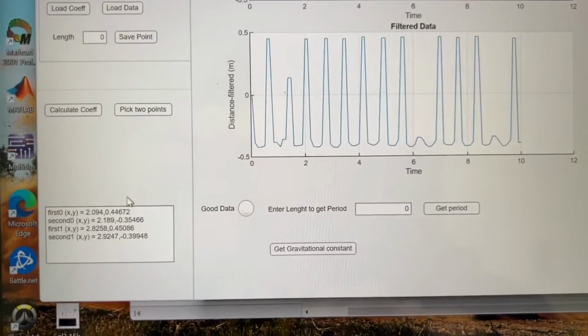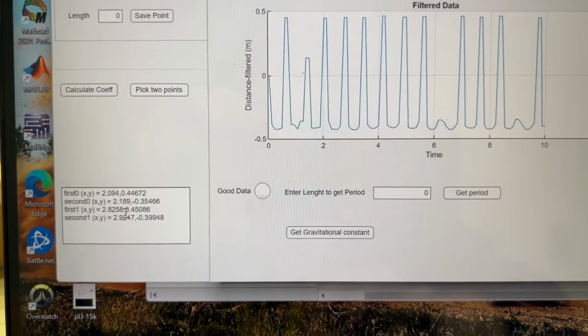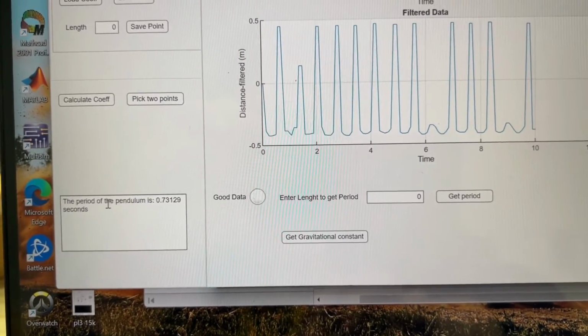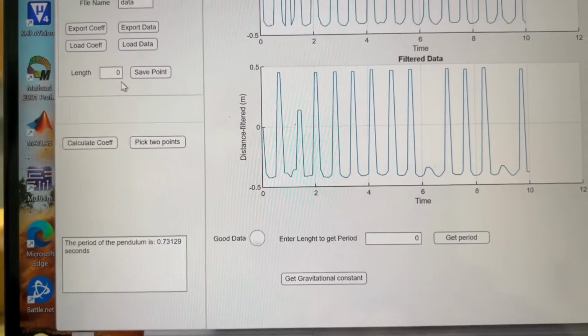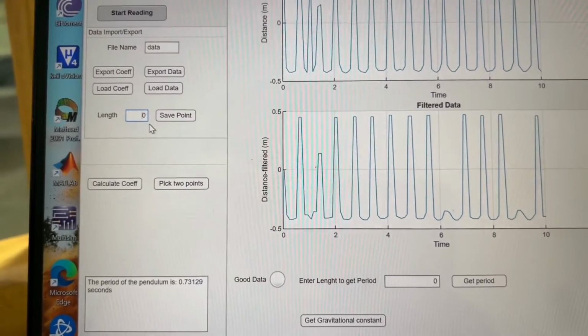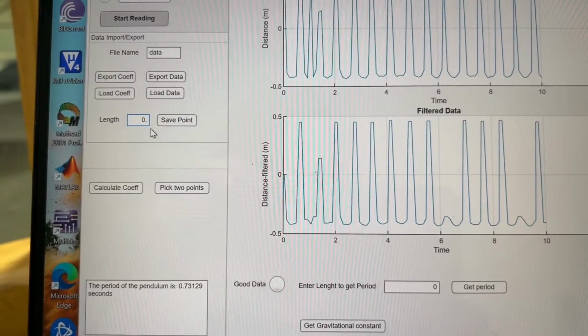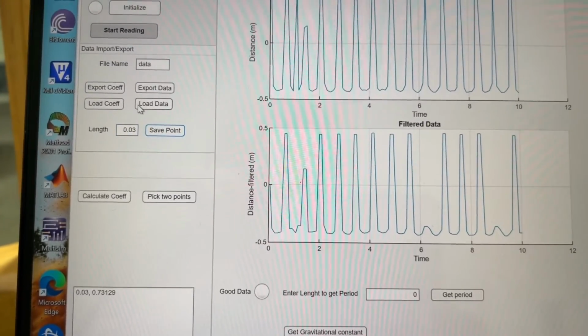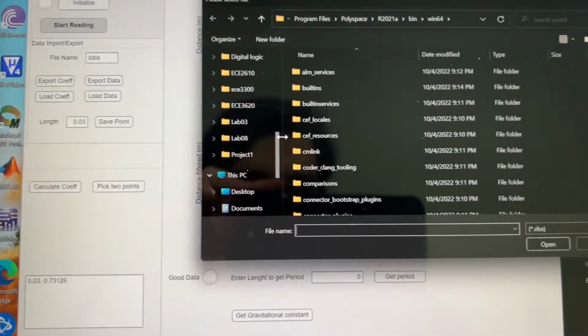One there. It's going to take the 2 points, find some close values, and then find the zeros, then find the period. And then I can enter the length, which was 3 centimeters, so 0.03, and save that point. I can then load